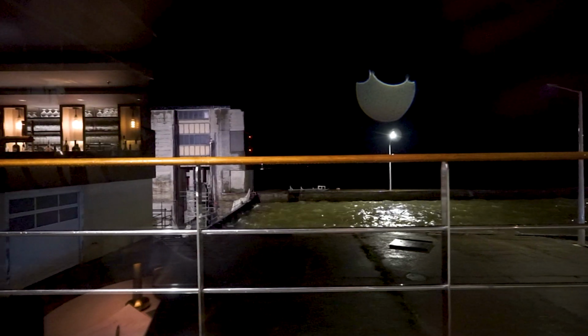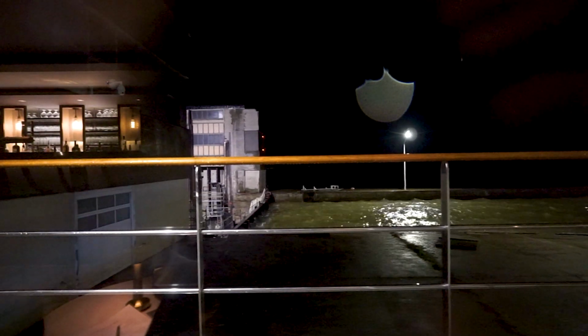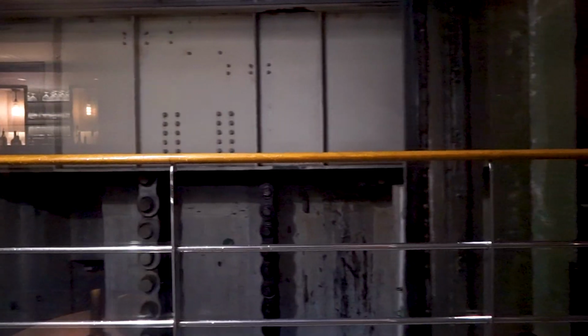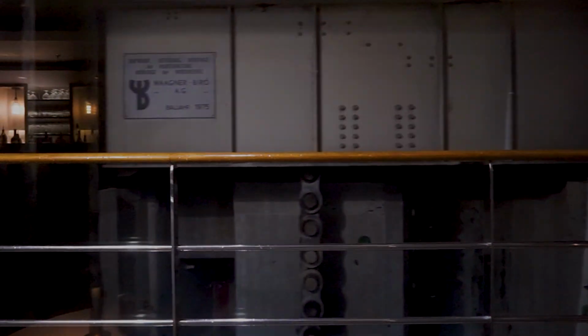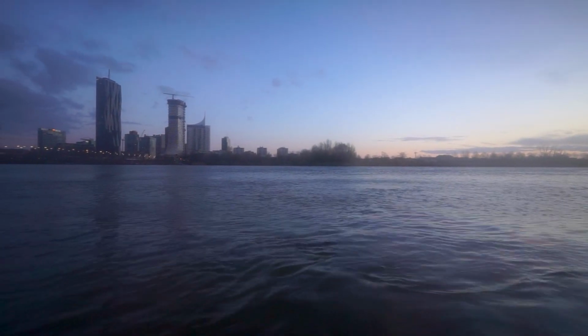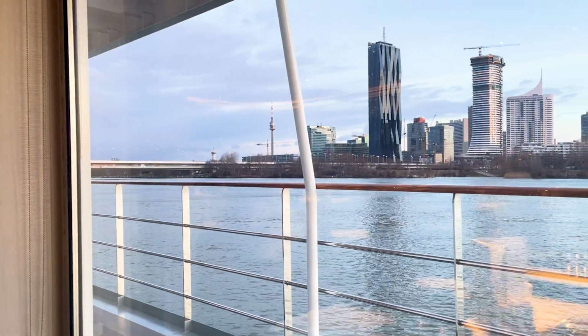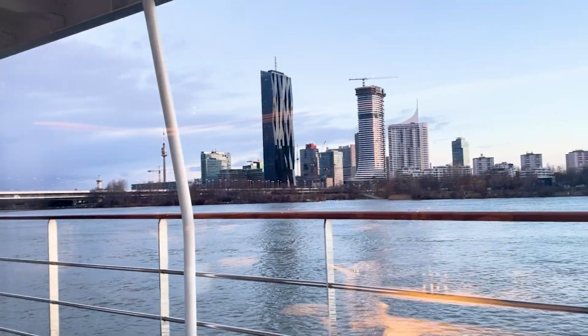Here we are getting into another lock, and then it was time for me to go to sleep after I watched the ship going into the lock. Then I went to sleep, as we had to wake up a bit early on the next day, as we had unfortunately to leave the ship, but not before having yet another amazing breakfast on board, with this fantastic view